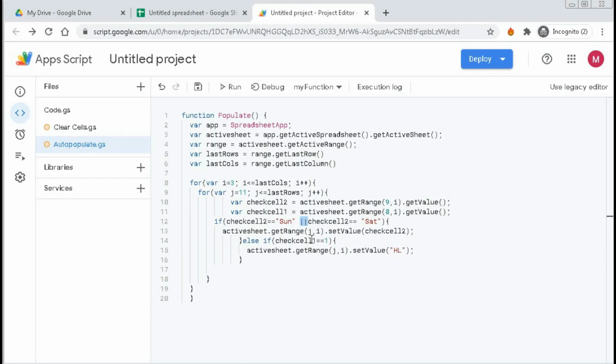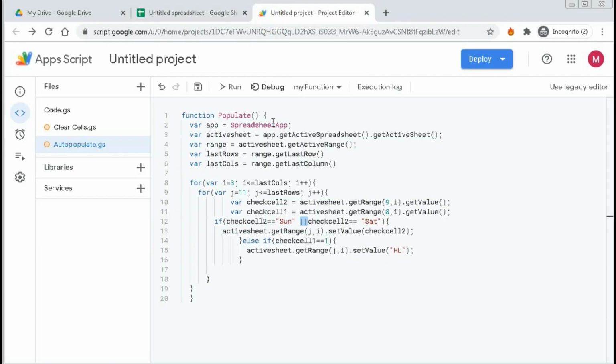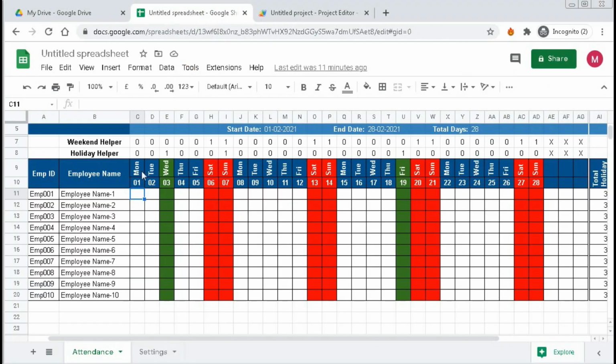So our first column is 3, and this cell will be filled with the name of the weekday. And if check cell 1 equal to 1, that means if this cell equal to 1, then it will be filled with HL. In this way, it will fill one by one to all these columns.